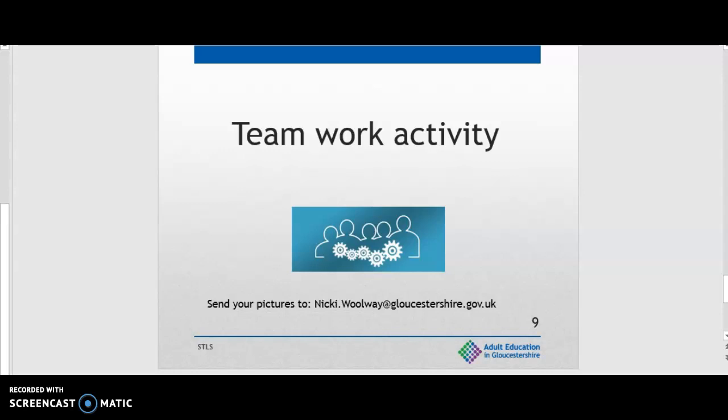Have a think about the towers that your friends or your partner that you're working with has built. Think about what they could have done better. Consider how they could have improved their tower and how they could have improved their own contribution. If they were working with a partner, were they working as a team player? Were they sharing ideas, or were they just happy to carry on and do it on their own? So have a think about that.